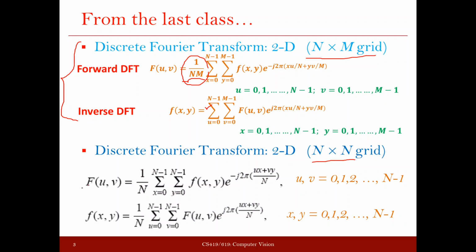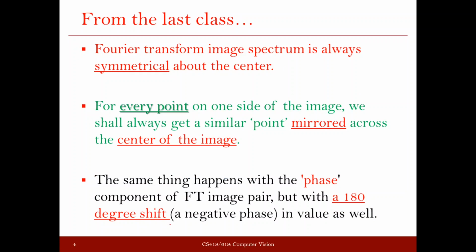In this case also we can make the coefficient as 1 by n square in the forward case and nothing in the case of inverse transform. But if we are distributing this 1 by n square equally as 1 by n and 1 by n in both the cases, then it makes it easier for us to remember the formula. That is why we are doing this. And as we discussed in the last class, it doesn't matter whether you keep 1 by n square here or you distribute it like 1 by n and 1 by n for both the cases. Okay.